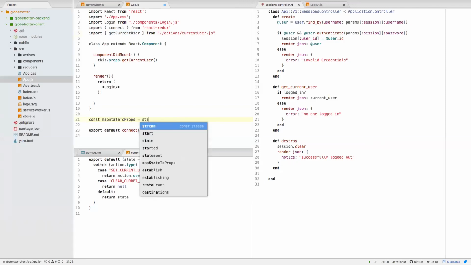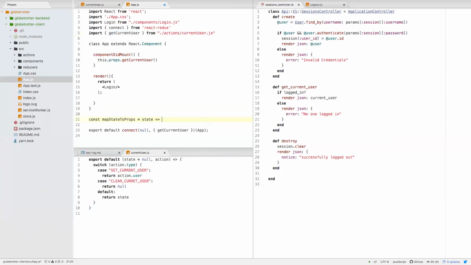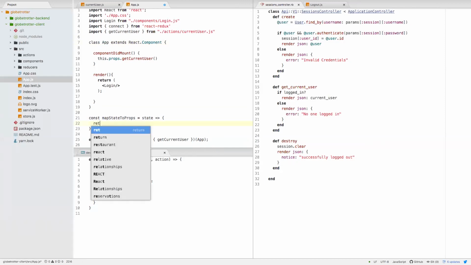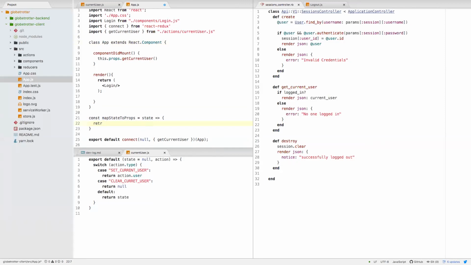State. State, yes. Whose state? What state is this? The state of app? State of store. State of store, yes. State of Redux, that's right. Okay, so I'm just going to return an object, return an object whose keys or whatever I want to call